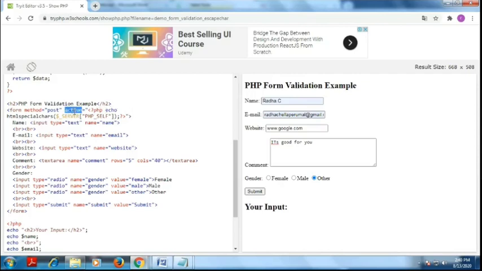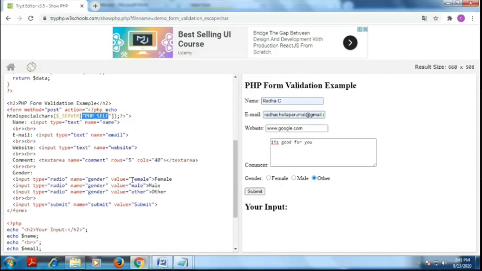Here, I have to put the action as PHP self, meaning the action will be used for this form only. It doesn't go to another form. In the earlier concept, form1.html would go to the action in welcome.php. But in this example, the action goes to self itself. The form will be active in this form only. This is the meaning of PHP self.